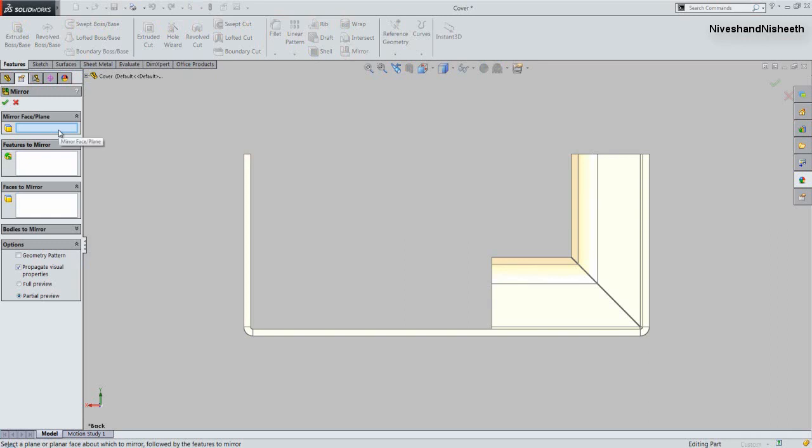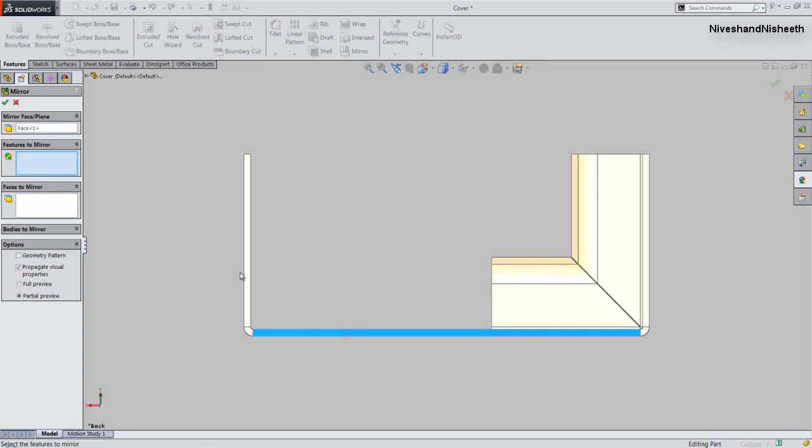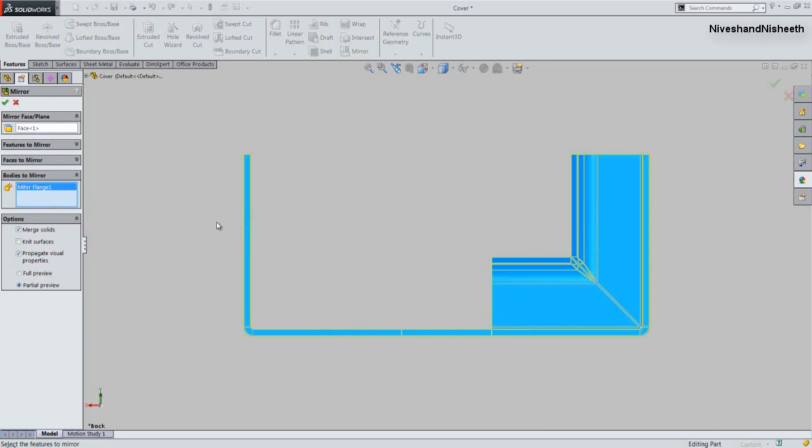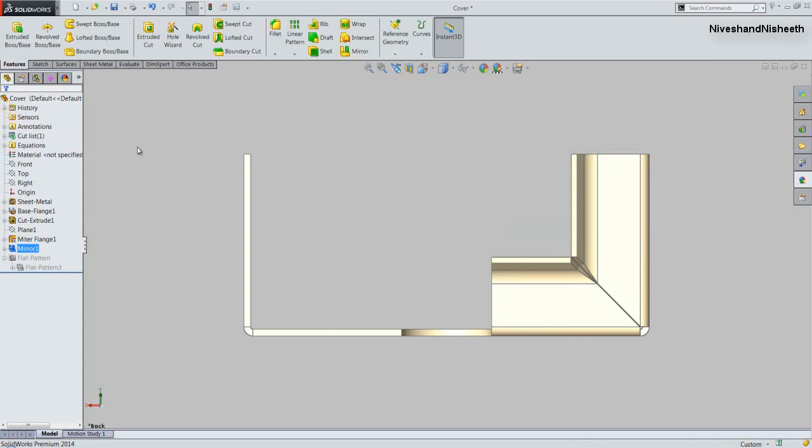Now select this face, which will be the mirror face, and then next we will select the entire solid body, which will be the mirror body. Click OK. Now see the result.